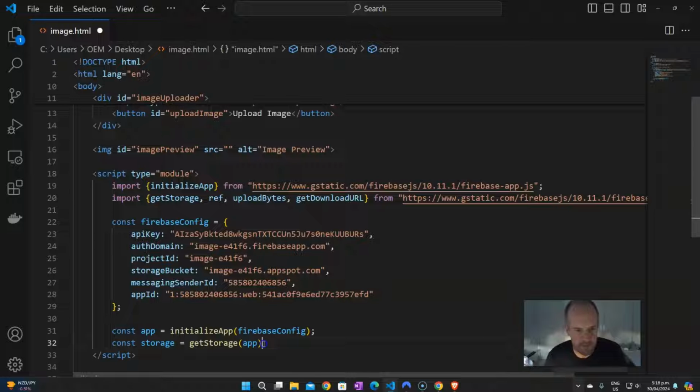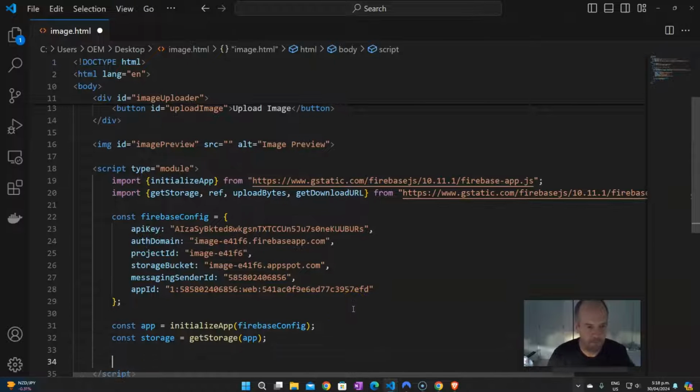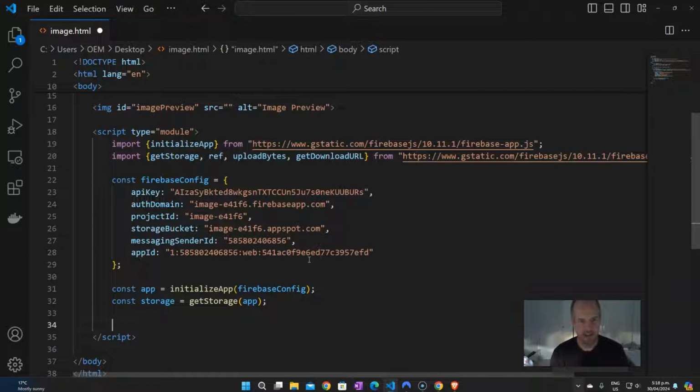That is the information that allows me to connect to it. So that's me set up now. I've now connected my Firebase project and app to my HTML document. So now I can actually write a function to control the logic of uploading and